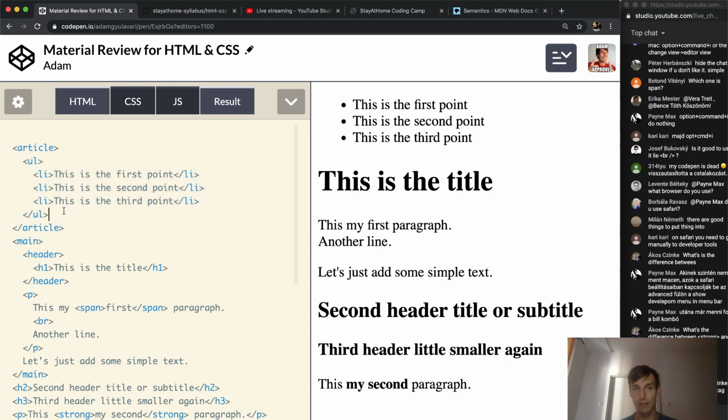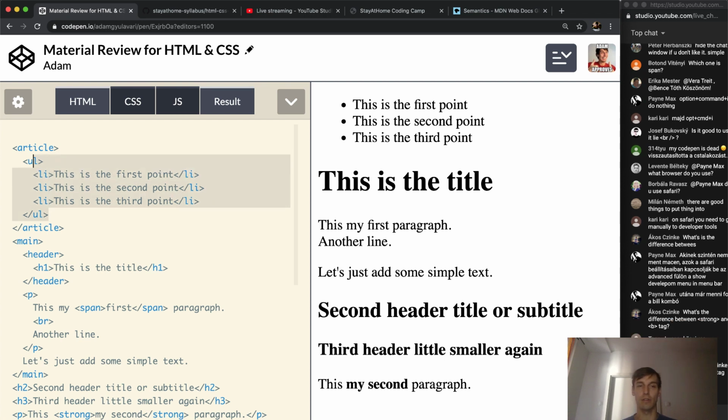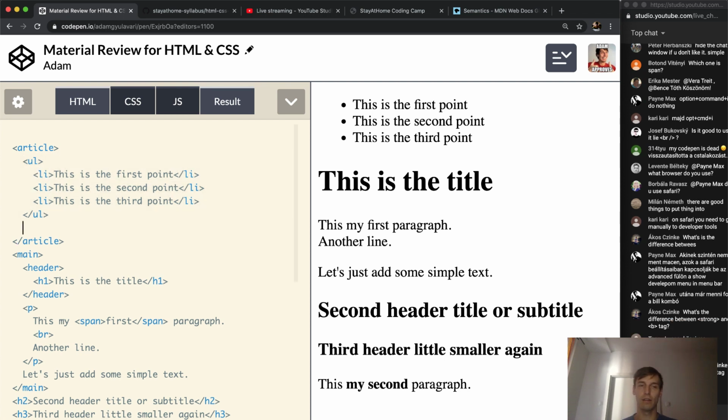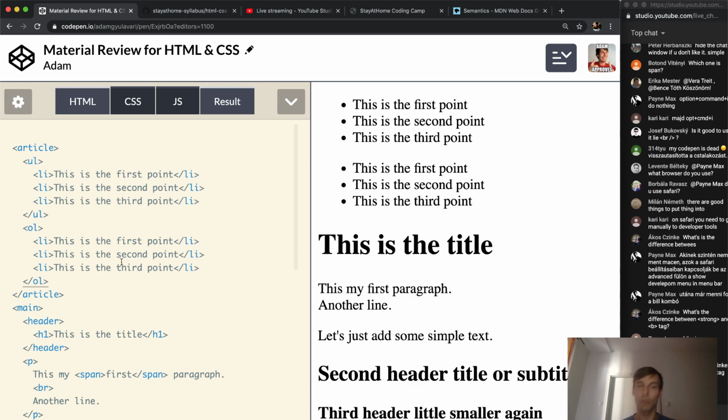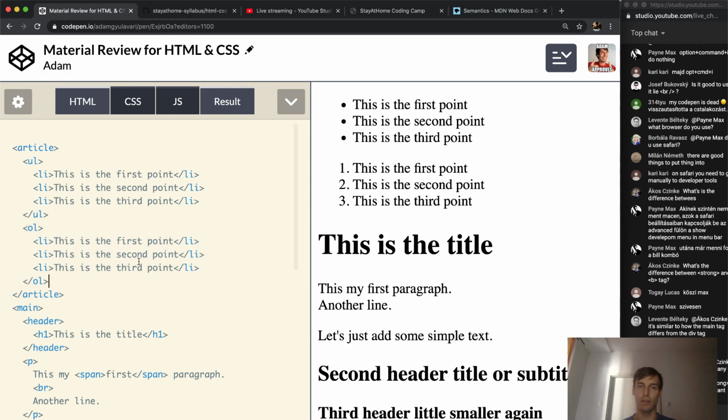not ordered list, and the ordered list works exactly the same, just not using the UL tag, but actually it is going to be an ordered list, so using the OL. So these are going to be exactly the same, just right now we have these numbers next to the actual elements and bullet points. And the good thing is that with